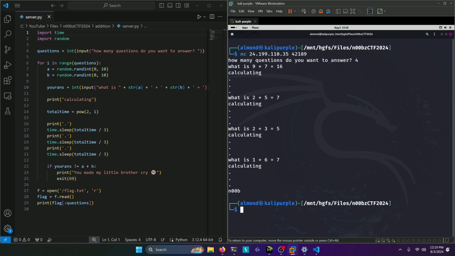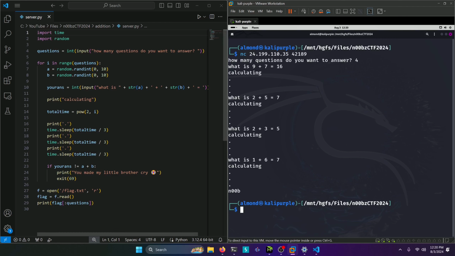this answer. And at the end, it starts printing out part of our flag. So we probably need to break this code somehow to get it to print out the entire flag without having to answer every question leading up to the length of the flag, because if you saw, once we got to question 4, it took significantly longer for the program to respond with our calculation than it did with our first